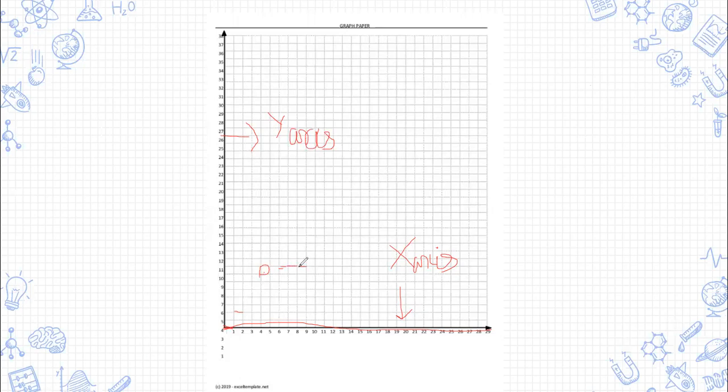If you keep a scale, you can measure it easily. From here to here it is 2 centimeters, then 3 centimeters, then 4 centimeters. So every small box is 1 centimeter.